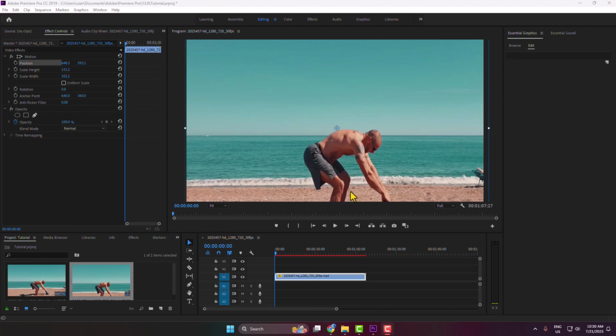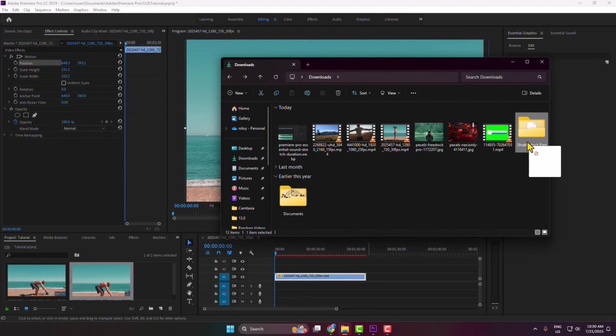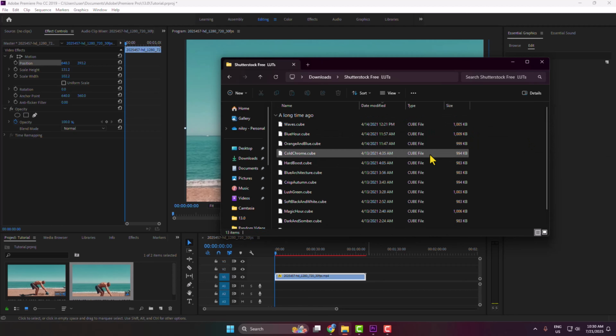Here, I'll show you how to easily import LUTs in Premiere Pro. First of all, make sure you have downloaded the LUTs to your computer's file explorer, and then all you need to do is